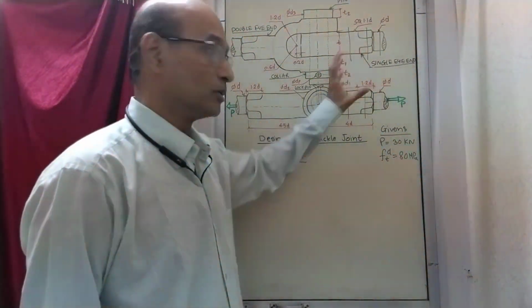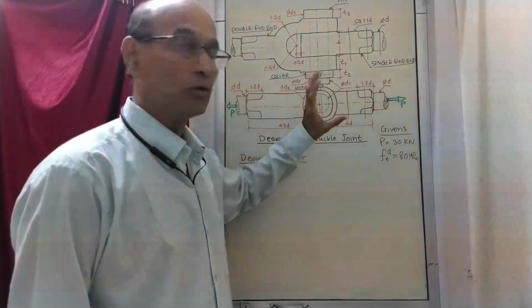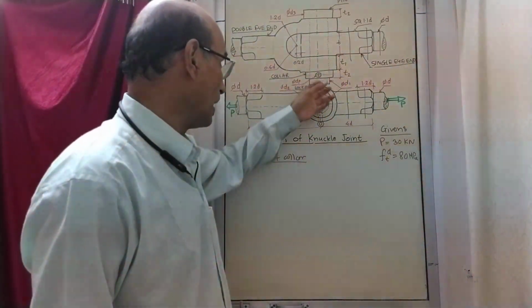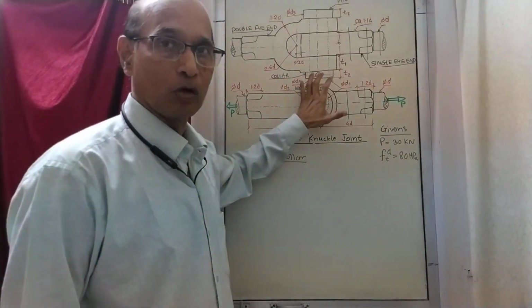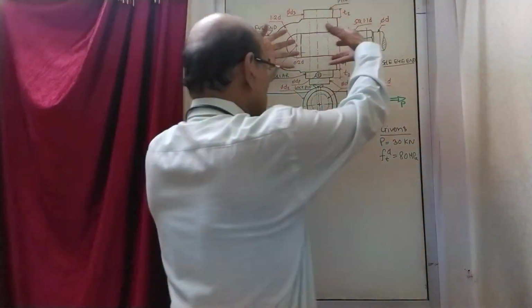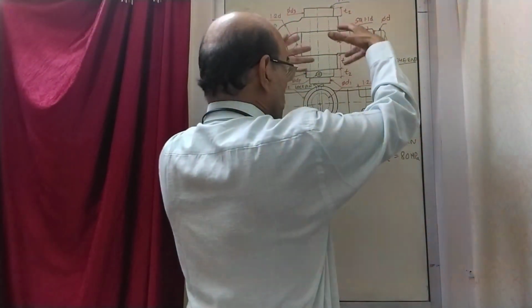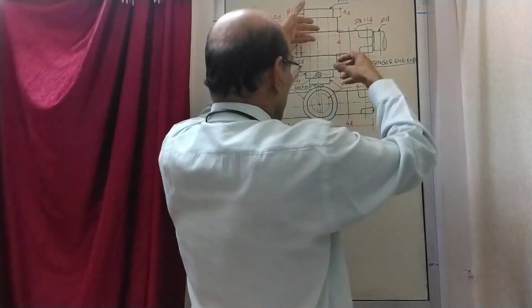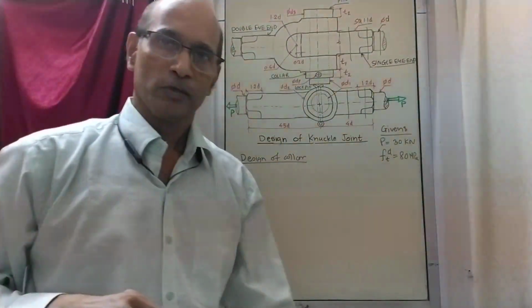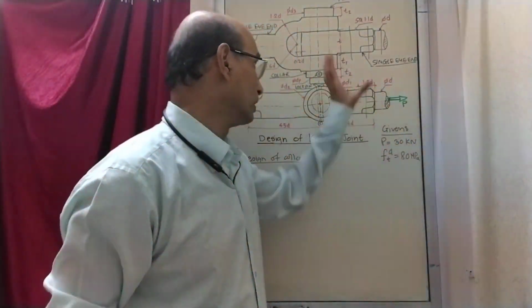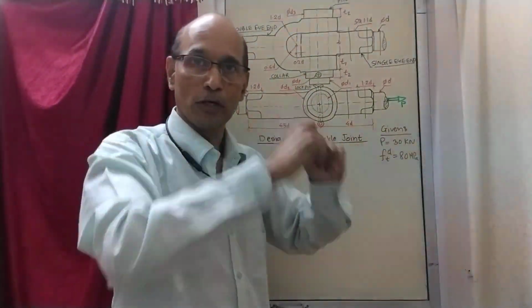First try to find out what are the stresses acting on collar, just like for the other things. So there is a collar. Now what does the collar do? You put this pin like this, and suppose this collar and the lock pin are not there, then what will happen? If this particular joint has got some vibrations, or if it turns upside down, then this pin will fall down. So that we don't want to happen. We want the pin to remain in position. So by some method we have to lock the pin.